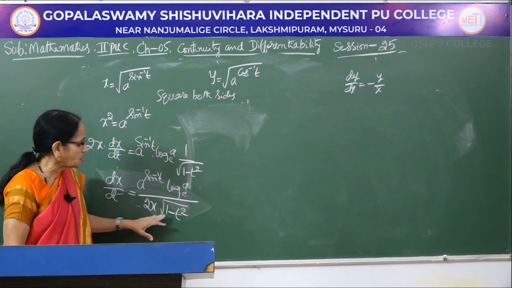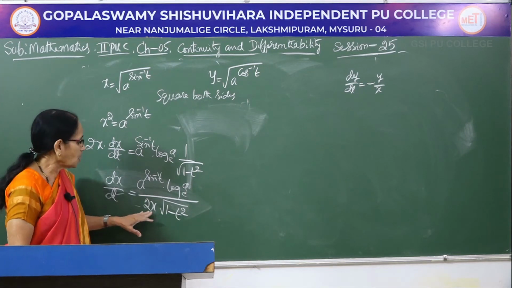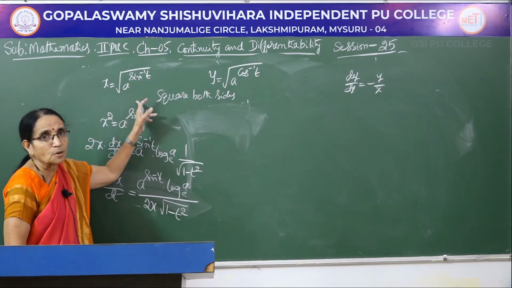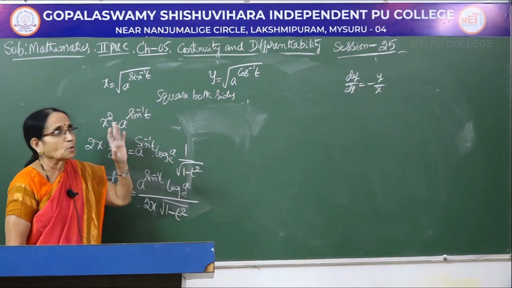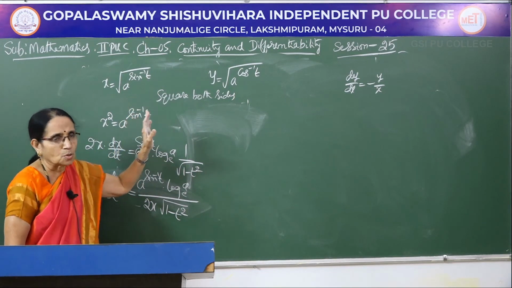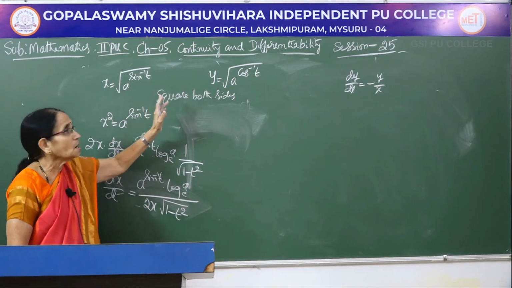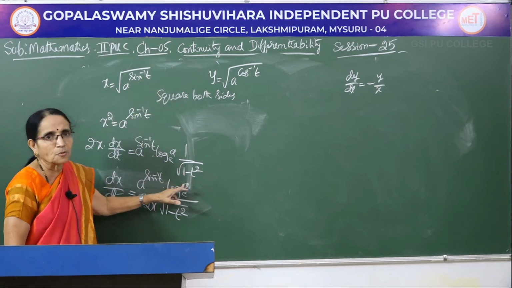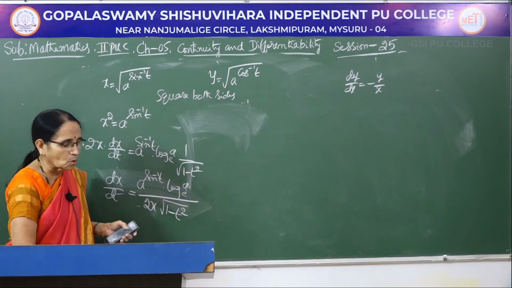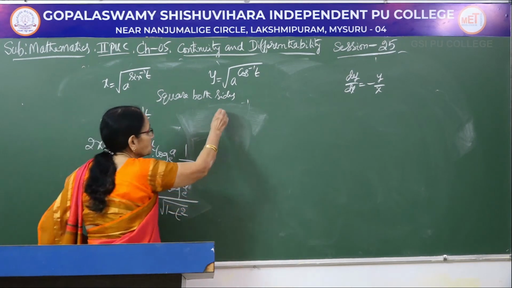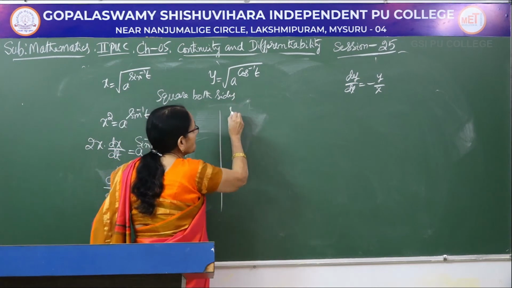Of course, x will also be there, t will also be there. If you want to eliminate x here, directly you can differentiate, but you have to apply the three rules. Root of something is 1 by 2 root x, a to the power something is a power something into log a to base e, and the index sin inverse t has to be differentiated. Directly also you can do, or you can square both the sides. Now, you can avoid that radical sign.